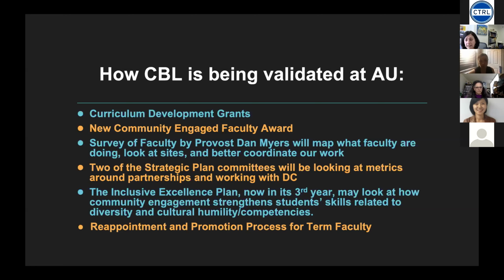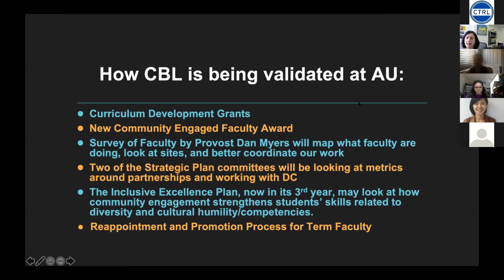There is an inclusive excellence plan, as you probably know, and very often there's discussion about panels and workshops and stuff on campus, but we also want to demonstrate that students who work in DC in different neighborhoods, in different communities around race and class and ethnicity and age issues are also deepening their own competencies. So we're also trying to move it forward so that that community work is valued and validated in the